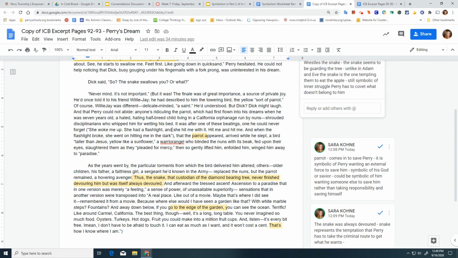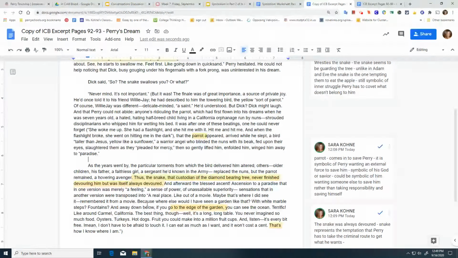And when the flashlight broke, she went on hitting me in the dark. That the parrot appeared, arrived while he slept, a bird taller than Jesus, like a yellow sunflower, a warrior angel who blinded the nuns with its beak, fed upon their eyes, slaughtered them as they pleaded for mercy, then so gently lifted him, enfolded him, winged him away to